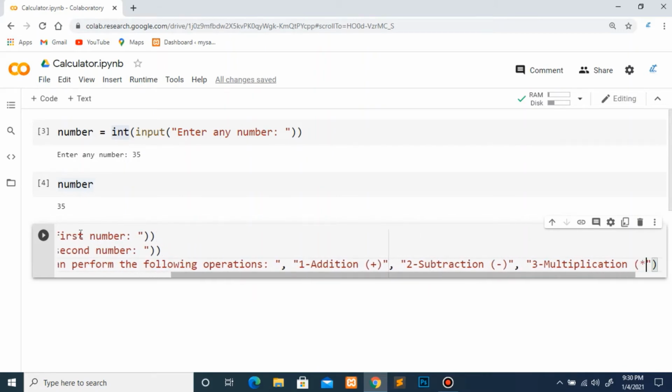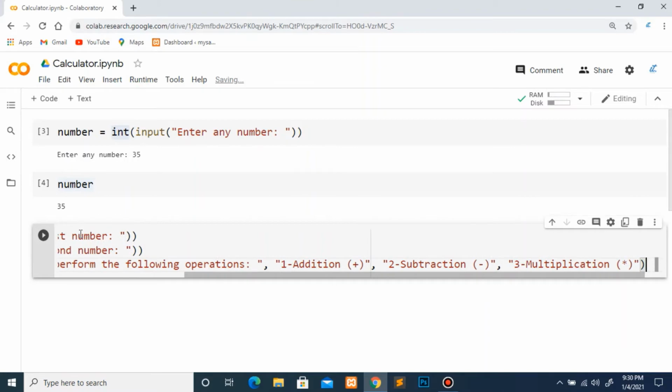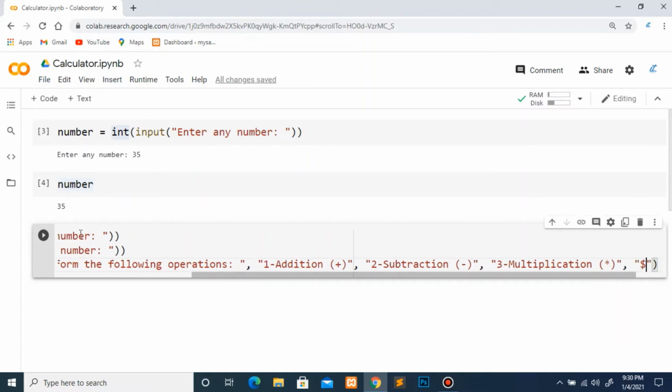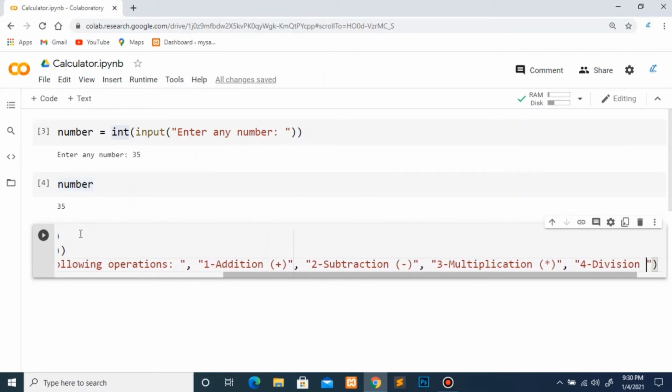For multiplication we use this asterisk symbol. After this we have the fourth one, which is division. For division the symbol is this forward slash, and the last one is modulus.